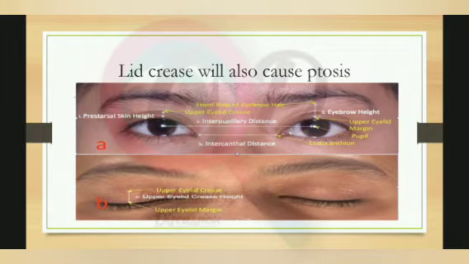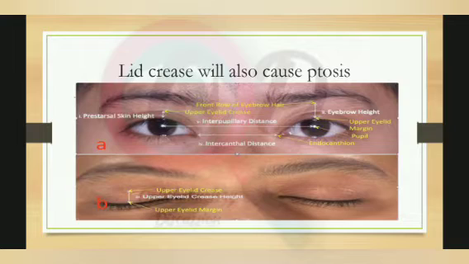Lid crease. What I am talking about for lid crease is that whenever you do the ptosis examination, you need to know about these distances also. So you need to know about pretarsal skin height here. You can see it's the distance between the upper eyelid crease as well as the pupil reflex. Okay, and what is the eyebrow height? Eyebrow height is the distance between the margin of the eyebrows and the margin of the upper eyelid.